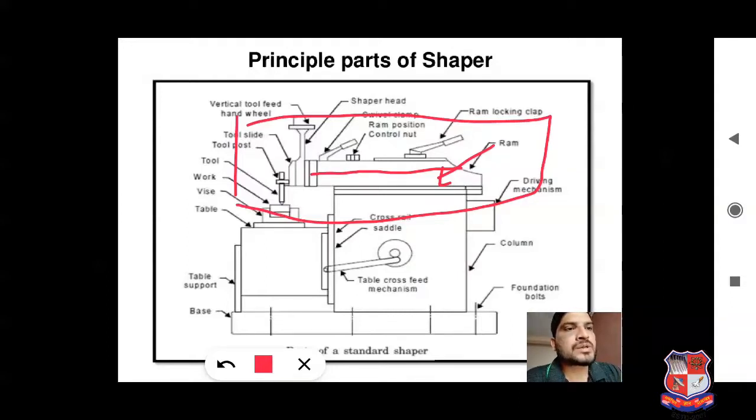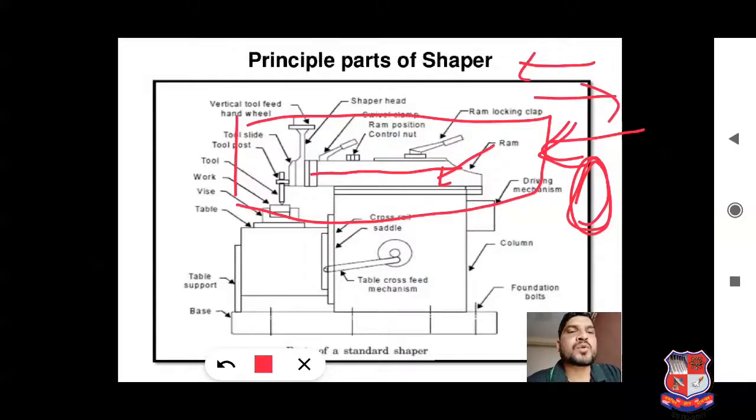When this screw is rotated, the rotary motion is converted into translatory motion of the ram. This translatory motion is called the to and fro motion of the ram.